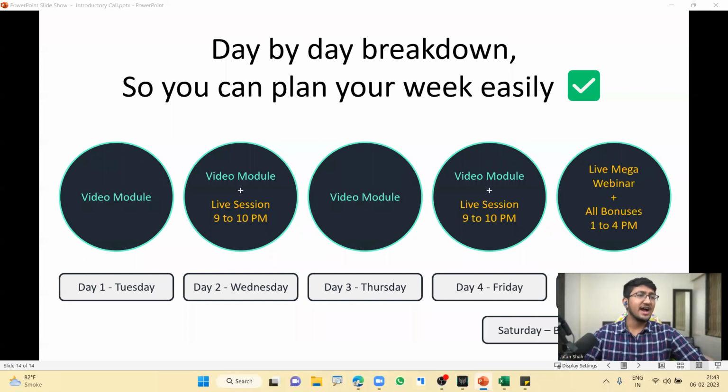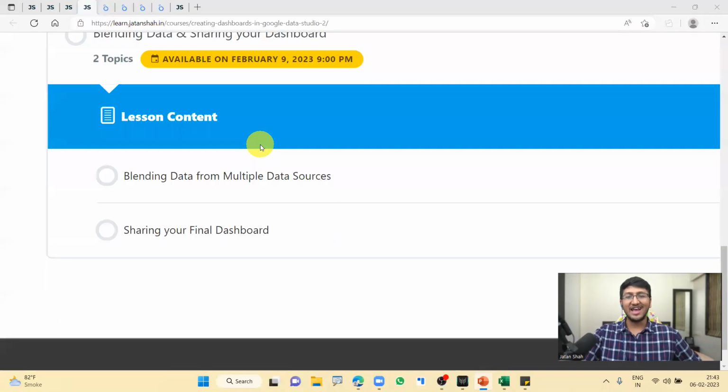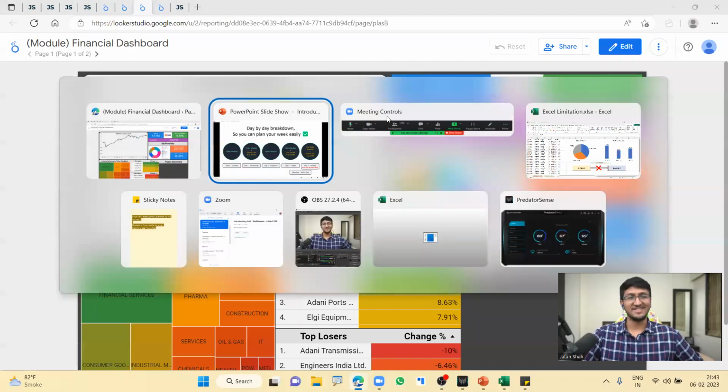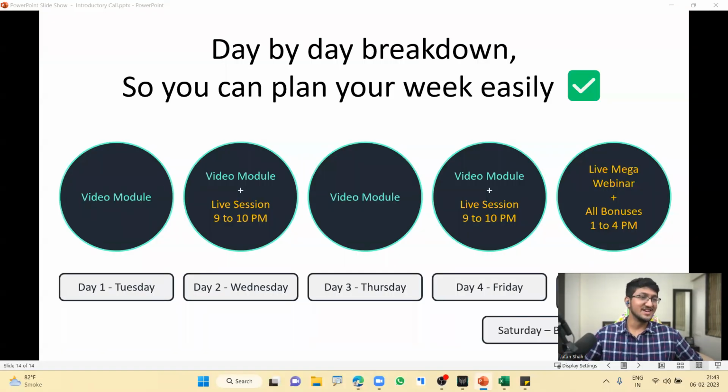Can we fetch live data like equity, gold price, forex price? You know what? Let me show an example. Have a look at this, guys. What is the state of Nifty today? Does anyone know? Nifty minus 0.5% today, stock market. How do I know? It's a live dashboard. If I open this during the market hours, then it will constantly update itself. That's what I mean by a real-time dashboard, which you are also going to learn. Don't worry about that. How about that? Yeah. Chalo, all those finance geeks right here, you will be able to learn all of that as well.